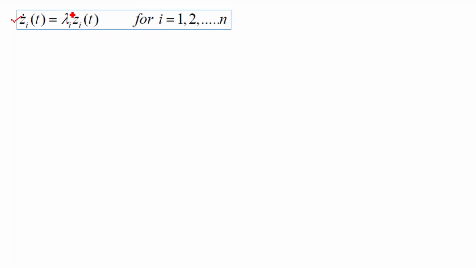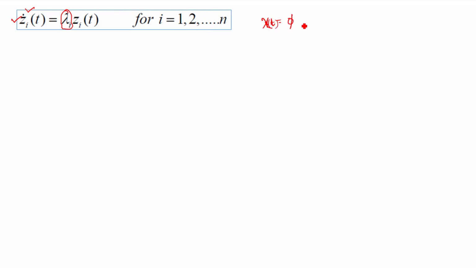That means corresponding to each eigenvalue, we have written the equation in a decoupled manner, and that is how it represents different modes of a system, because we wrote x(t) equal to